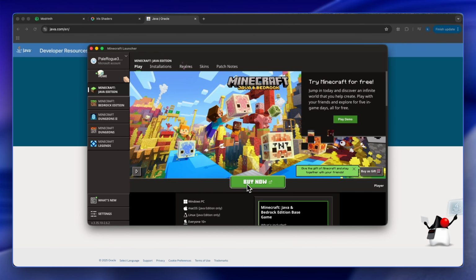Installing Minecraft shaders on macOS is actually very simple, and in this video I'll show you exactly how to do